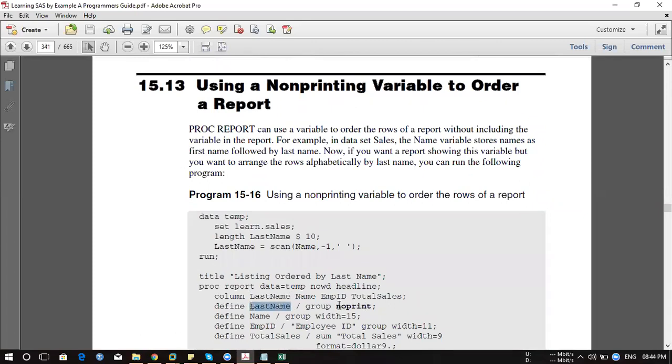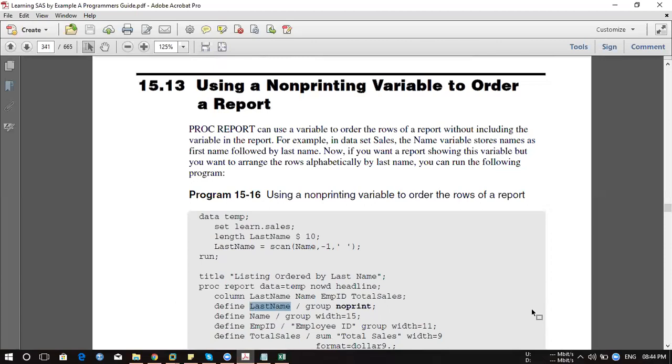So you can use noprint, not to get that particular variable in your output data set. So when you apply noprint, this variable will have an effect on this particular program, but it is not going to appear in your final data. It means you are using it, but you are not displaying it.